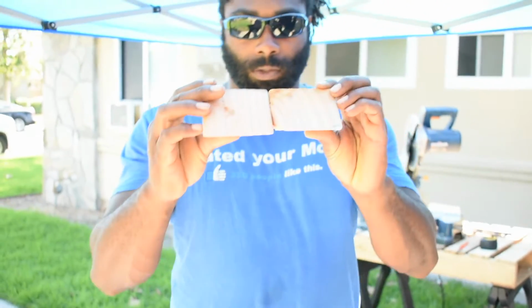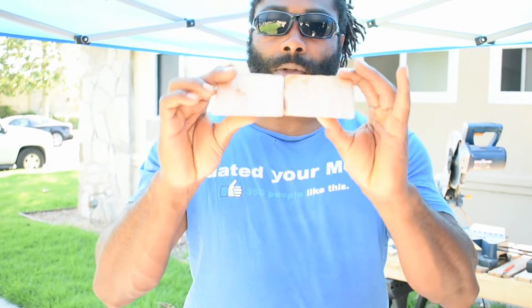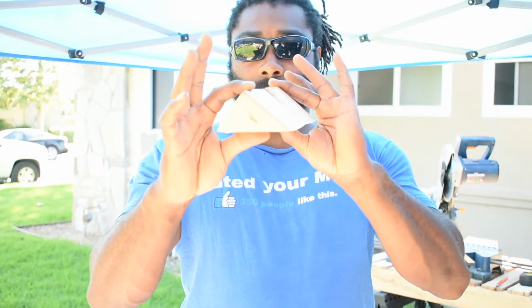Alright, so now that we got our boards cut, check it out. Two nice even pieces, exactly how you want it. Because you want to make sure that the Farmers Carry is nice and balanced. Alright, so